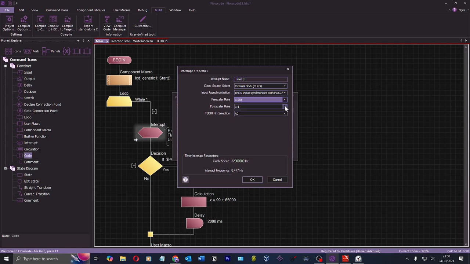We have an interrupt frequency of 0.4, and that just halves it. So if I go for a 128, and then I get a 1, I get a 0.954. I don't know why that can't be 1 hertz. I'm not clever enough to understand why that can't be 1 hertz, but to me, I expect that when I